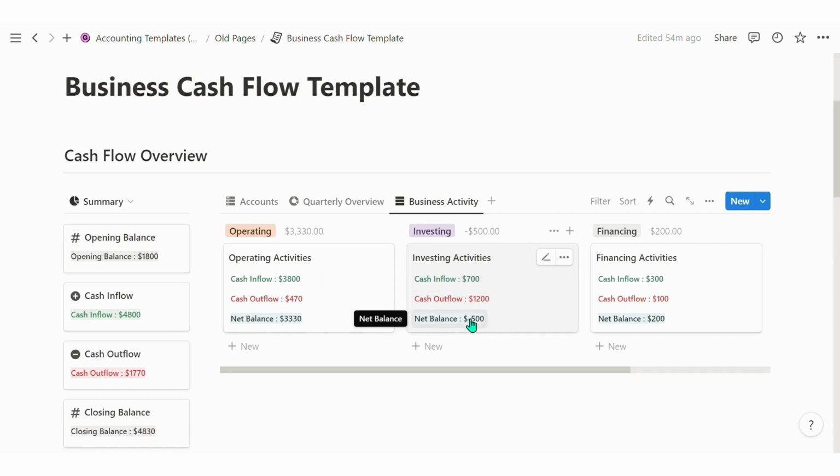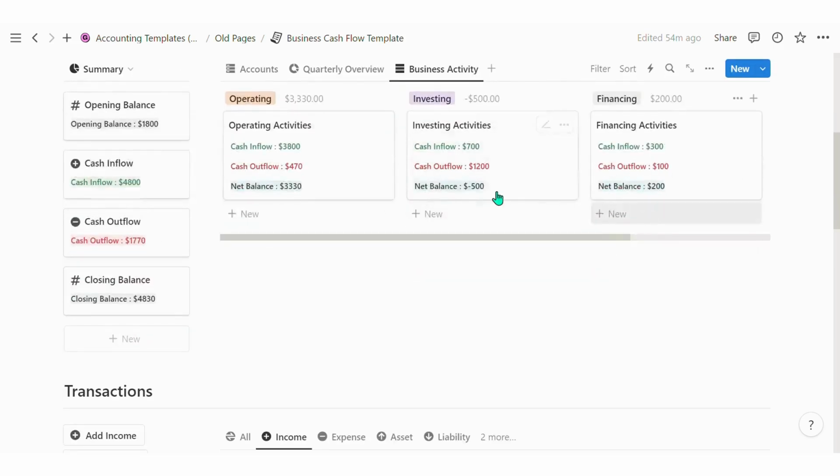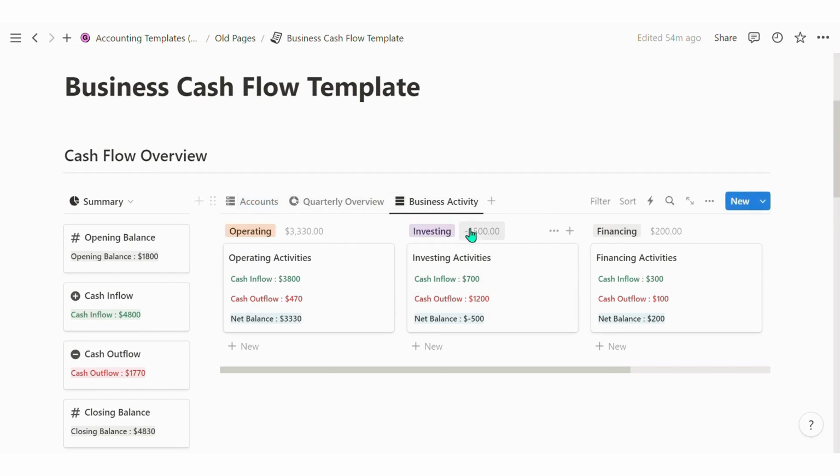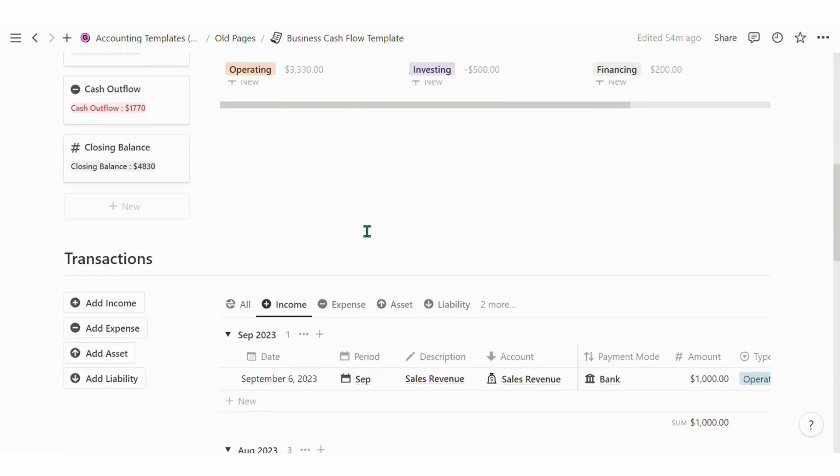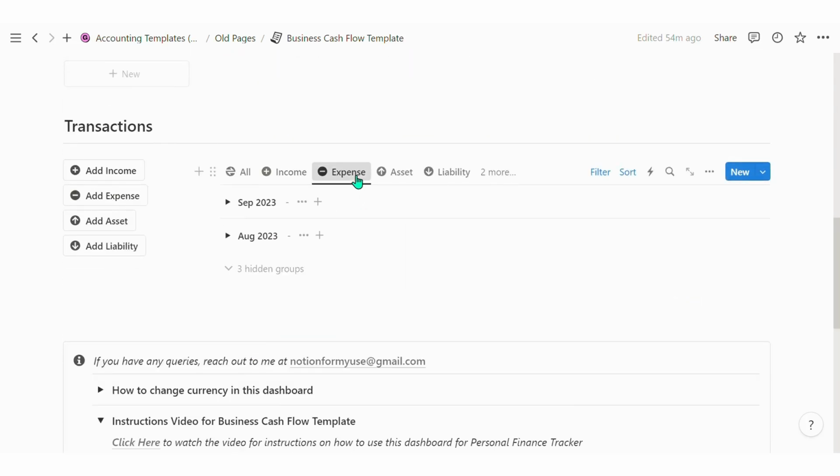And finally, we have financing activities. Financing activity means when you're raising loans or debt in order to run your business, all those activities will fall under financing activities. So that has inflow of 300 and outflow 100 and net balance of 200. So this is how you can get a quick overview of what is happening in your business under the business activity. Now let's scroll down and see how we can enter the transactions, which are core to running the entire